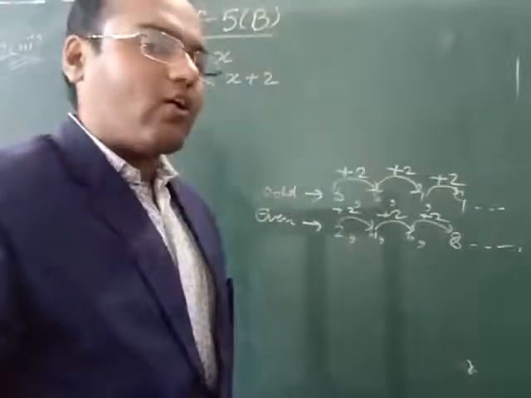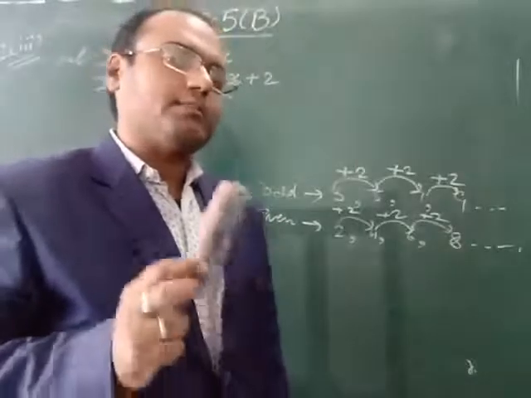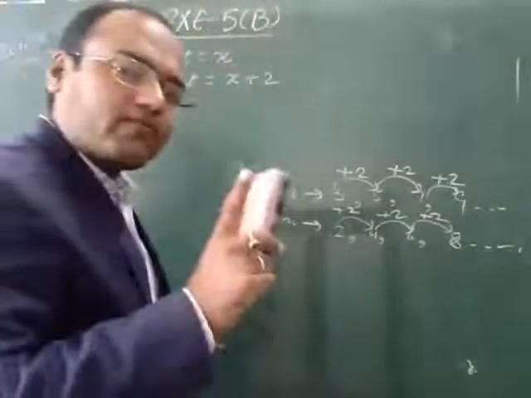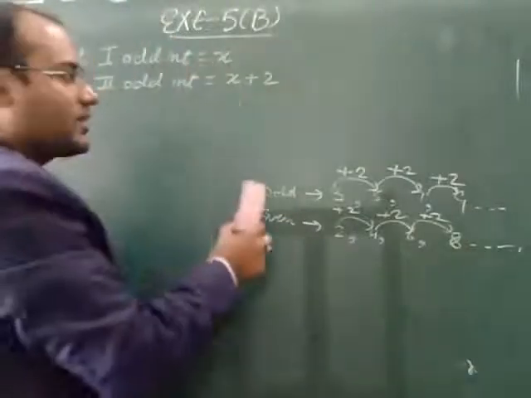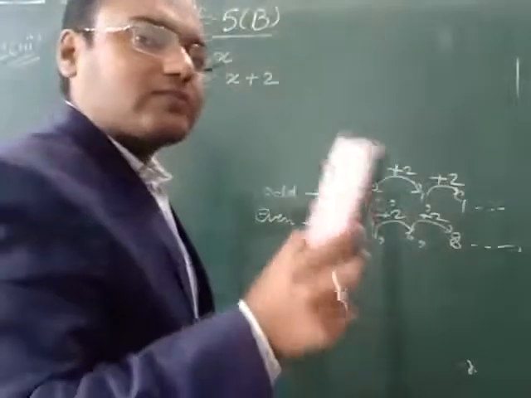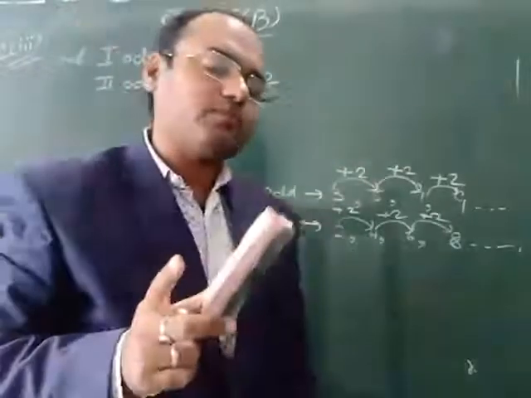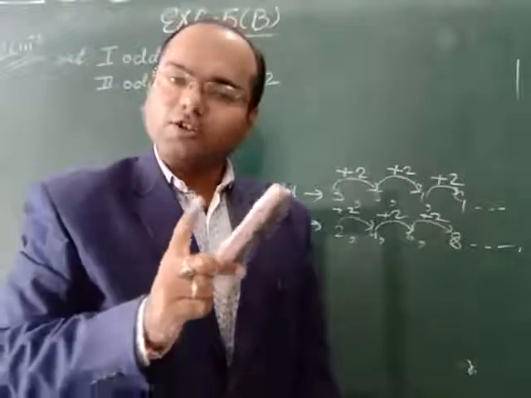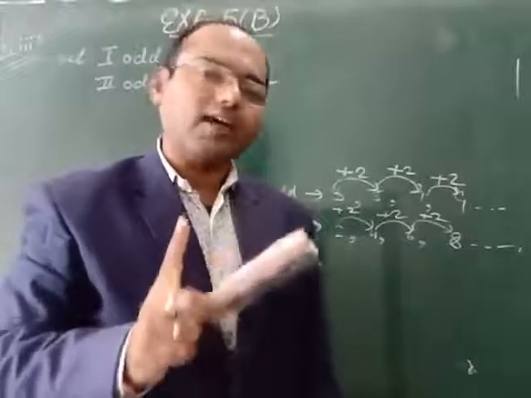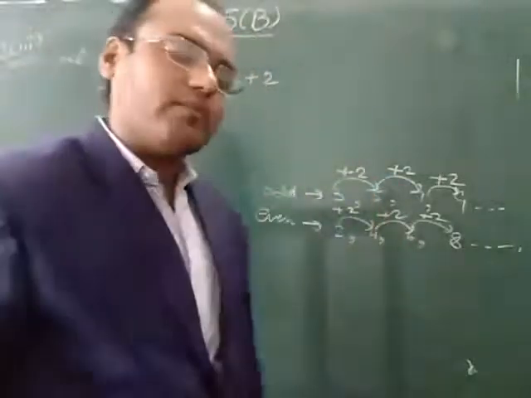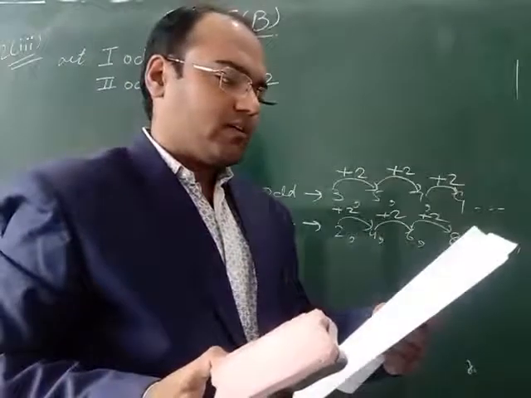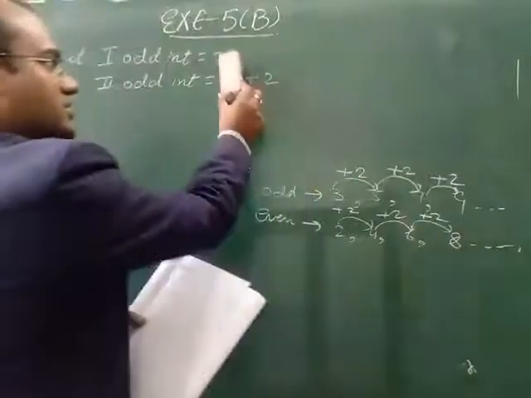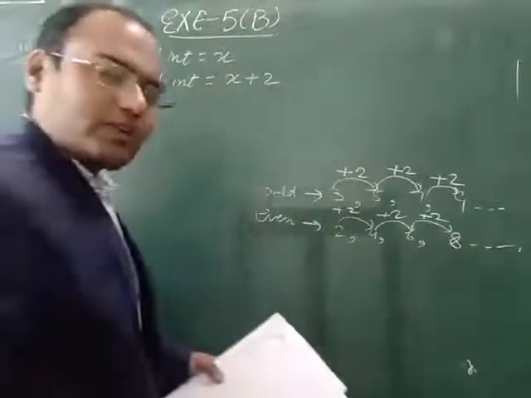If even and odd are not mentioned and only a simple integer is written, then we will not add 2, we will take 1. First will be x and second will be x plus 1. When do we have to take x plus 1? In a question where even and odd integers are not given and simple integers are given, we take x plus 1. As in the second question, first part: you have to take the first integer x and the second integer x plus 1.